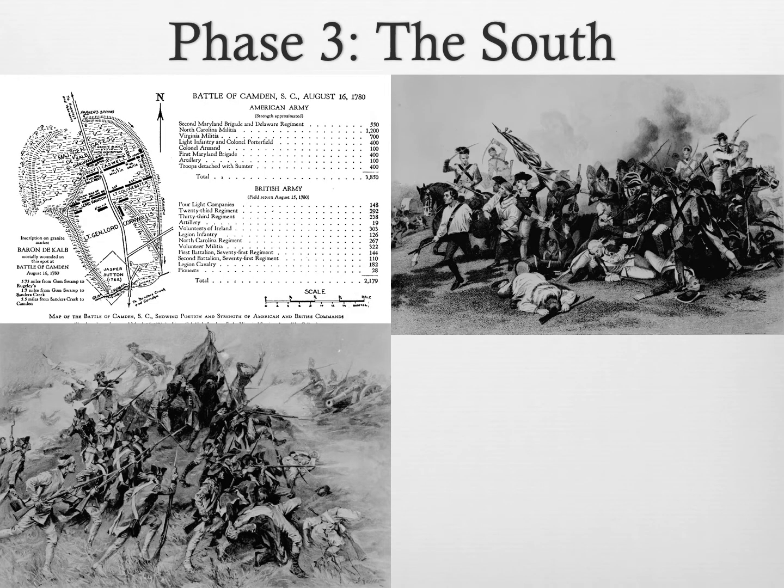And lastly, the final phase is going to be the South. And so the British are going to turn to enlisting colonists who are loyal to the crown, which is going to fail. These people who are loyal to the British crown are what's known as loyalists, and they make up around a third of the population of the colonies. The British are going to capture Savannah, Georgia, Charleston, South Carolina, and Camden, South Carolina. While the colonists are going to have victories in the Carolinas in 1781, and then they're going to drive Cornwallis to Yorktown and meet him there, where he is going to surrender on October 17th,